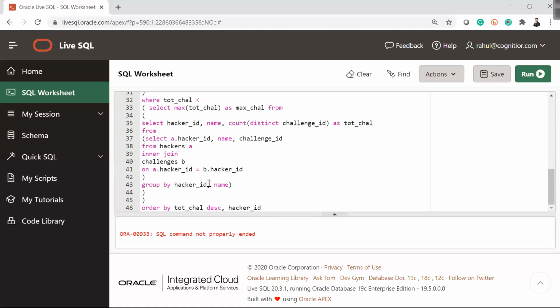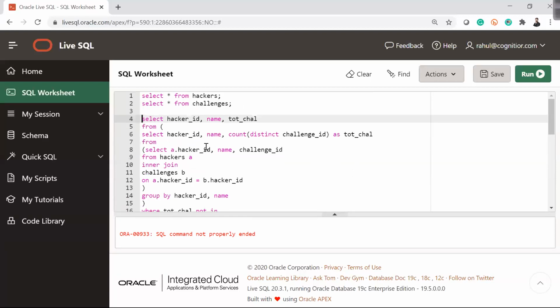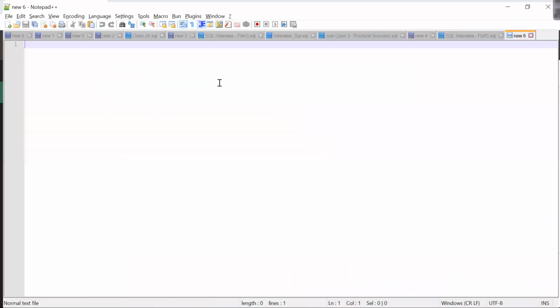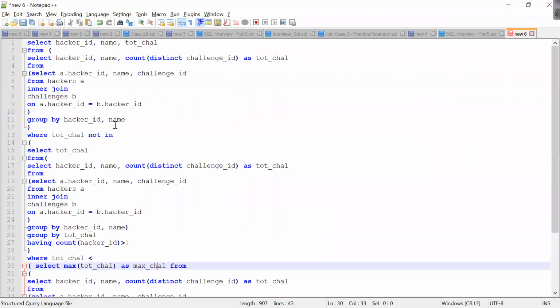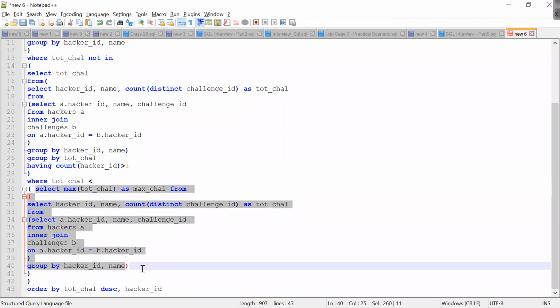You can see it's a very complex query we are creating, and a lot of brackets is the problem. Let me put this in a notepad and try to solve it there, because here the space is very limited for us to play around. So let me put this in here, language SQL, and let's see where the problem is. If I talk about this query, select max total from this, let's run this part till here.